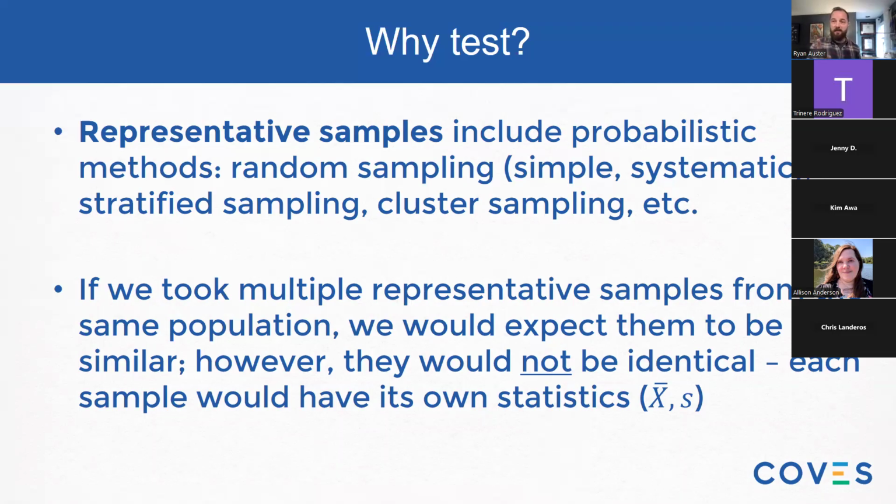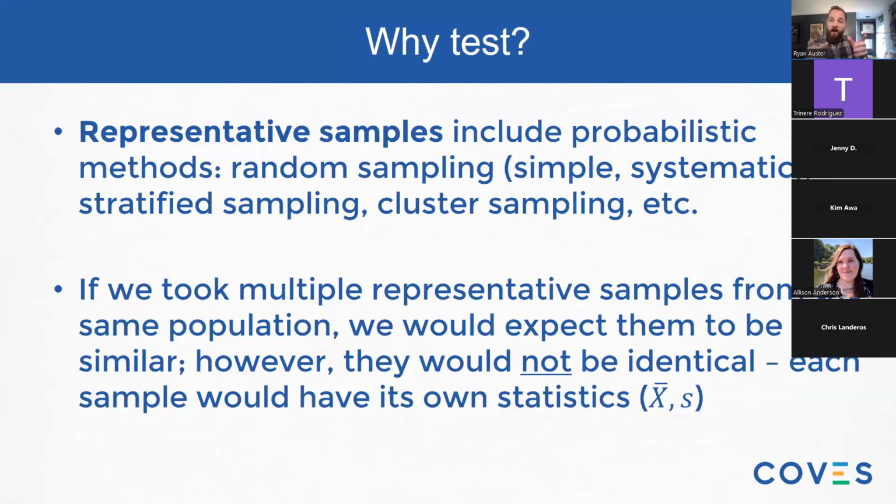But the point is, if you took multiple representative samples from the same population, if you took multiple COVES random samples from your visiting audience, your population of visitors, you would expect them to be similar, but they would not be identical. And this is just due to random sampling error. As long as it is not systematic, right? If you have not introduced systematic bias into that sampling procedure, that is okay. Having small differences between sufficiently large samples, if it is done representatively through our systematic random sampling, that is okay.